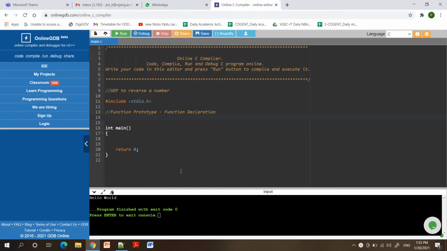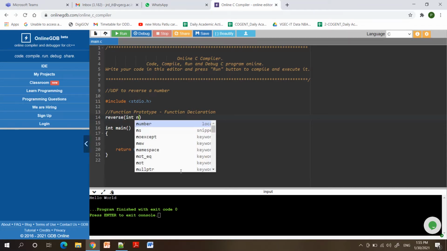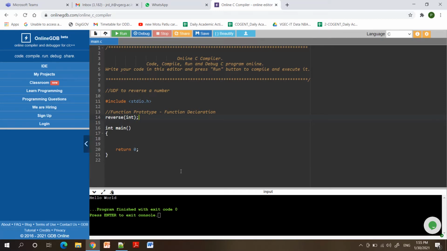Since it is a function for reversing a number, I'm writing the function name as reverse. Then what do I need to give as input? Since it is going to reverse a number, I need to give a number first. The number will be of integer type, so the input to the function will be integer.